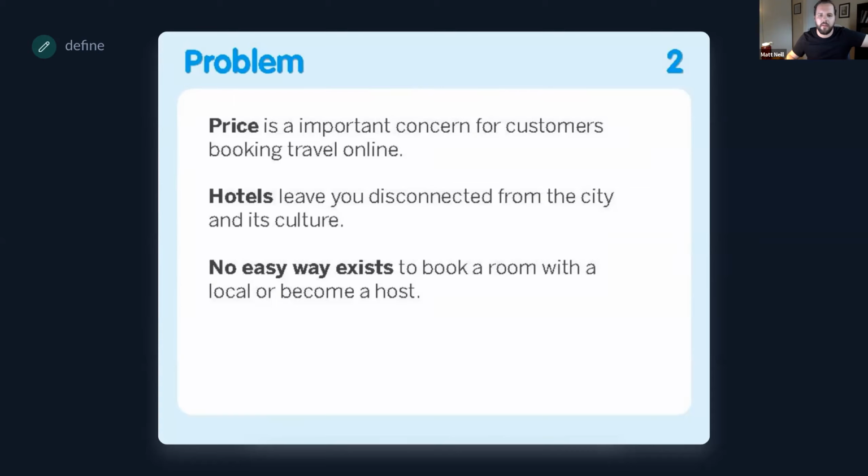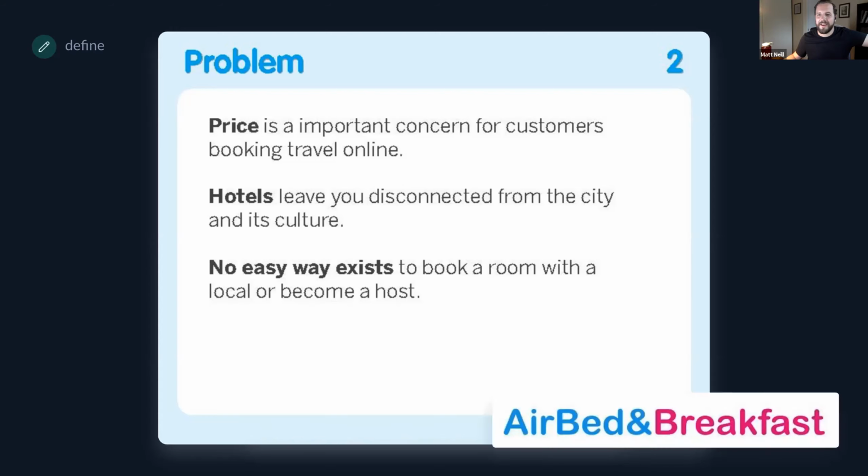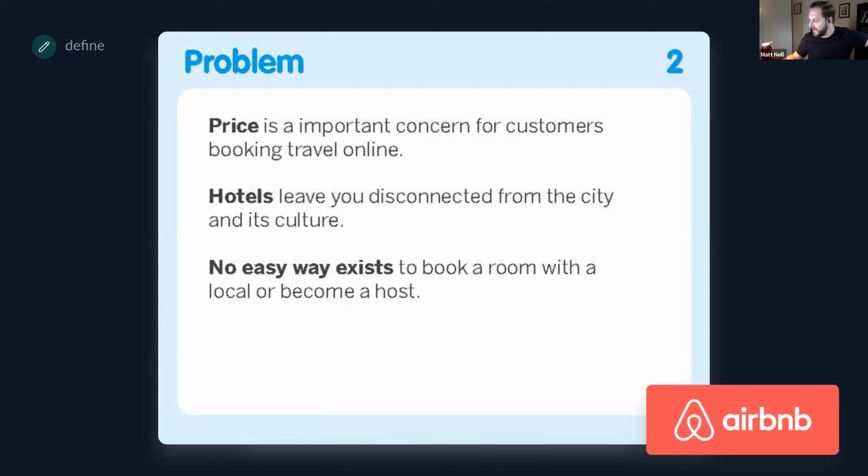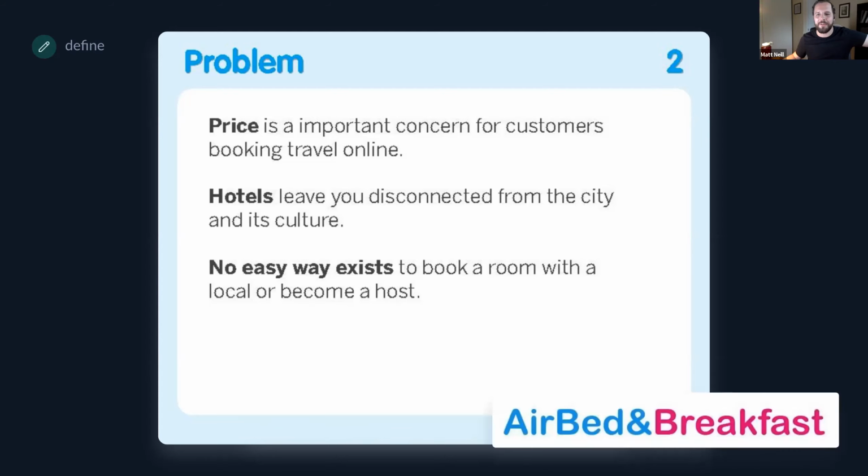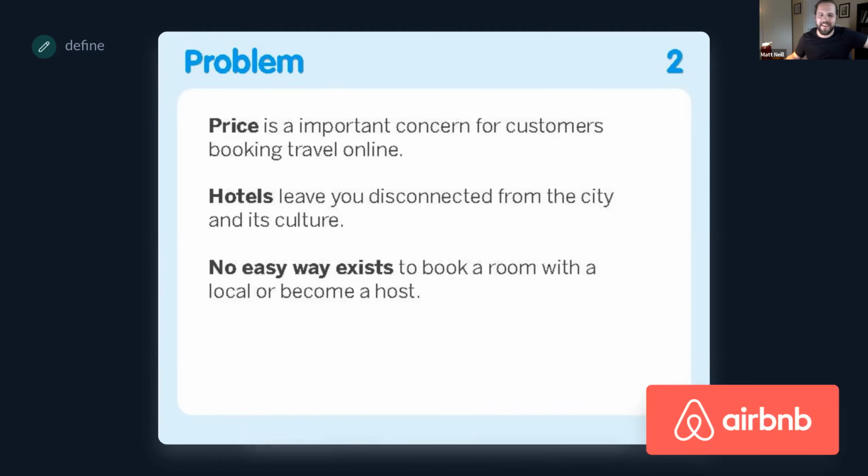Hopper, booking.com, hotels, Airbnb. Yeah, this company was called Air Bed and Breakfast, which of course now everybody knows is Airbnb. And look at that original logo for Airbnb. Oh my God. But I think I like the new one a lot better. And excuse the grainy quality of the slide here. I think this is actually a screenshot from their original slide deck. So that would have been over 10 years ago now at this point.